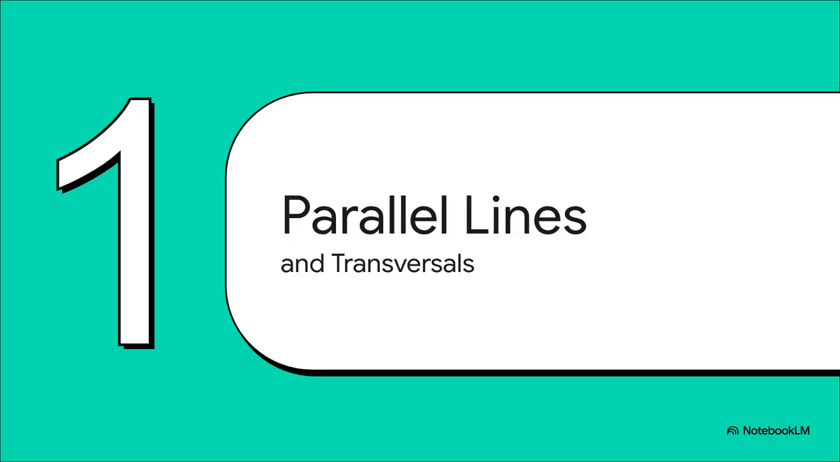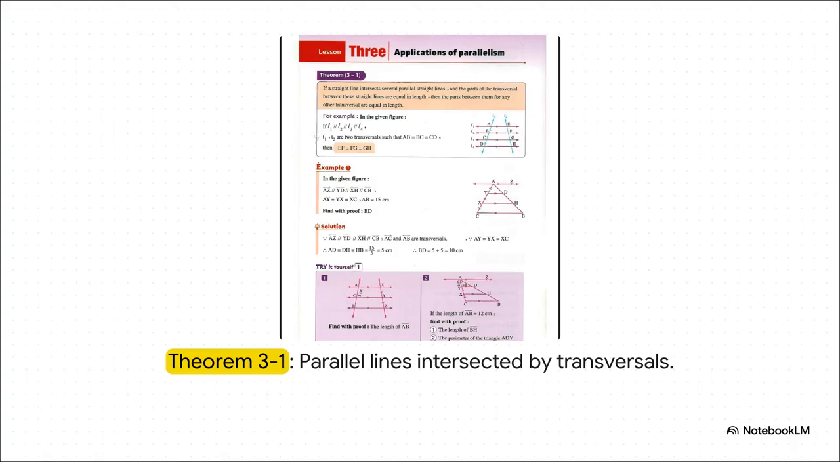Parallel lines and transversals. Okay, so looking at Theorem 3.1, this introduces a seriously brilliant rule of proportion. It basically says that if a straight line, which we call a transversal, cuts across several parallel lines, and the parts of that transversal trapped between those lines are exactly equal in length, well, something kind of magical happens. It means the segments of literally any other transversal crossing those exact same parallel lines are going to be equal